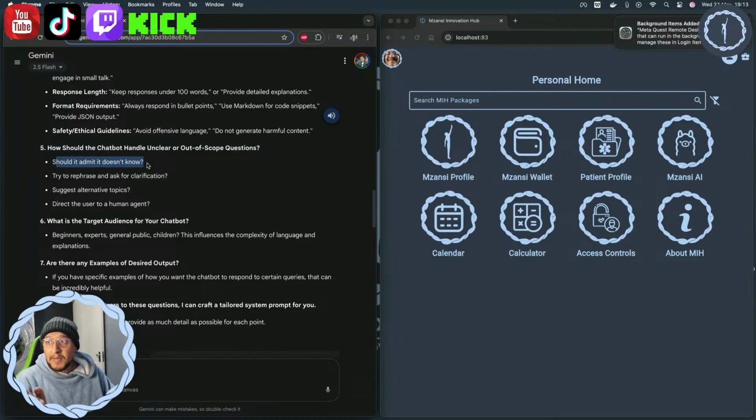So should it admit that it doesn't know something, try to rephrase or ask for clarification, suggest alternative topics if it doesn't have the answer for you, or direct the user to a human agent, right? So if the LLM is stuck in a loop maybe, or it doesn't know what's happening, then it can, instead